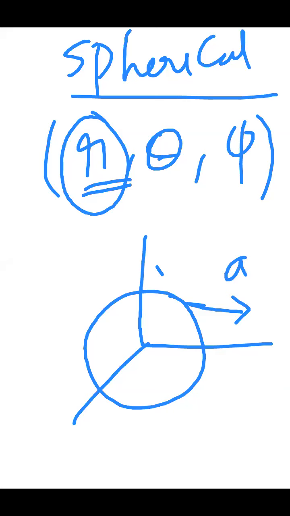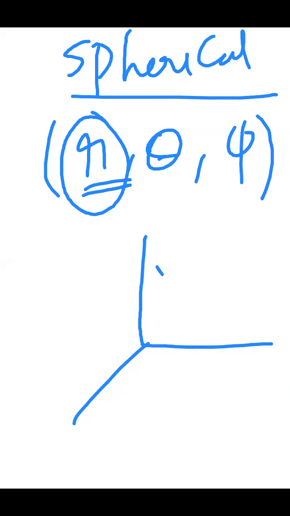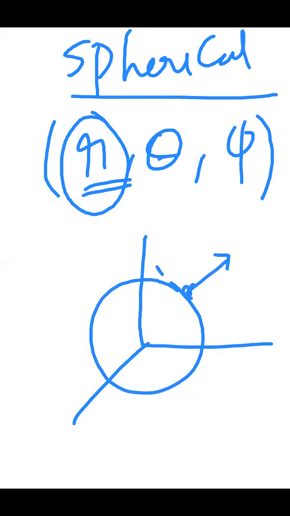Can my surface vector be like this? It is not, because my surface vector always has to be perpendicular to the surface. Wherever you are, your surface vector has to be like this. Whenever you are here, your surface vector has to be like this, because that particular vector has to be perpendicular to the surface. If you are here, your vector has to be like this.